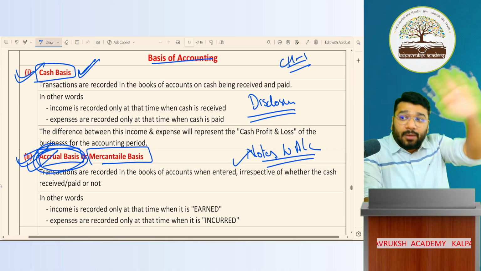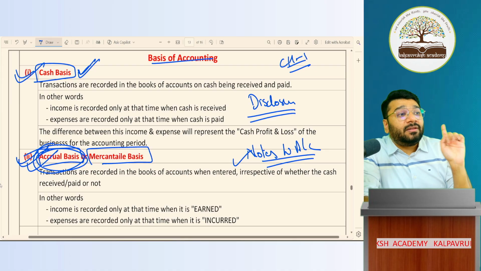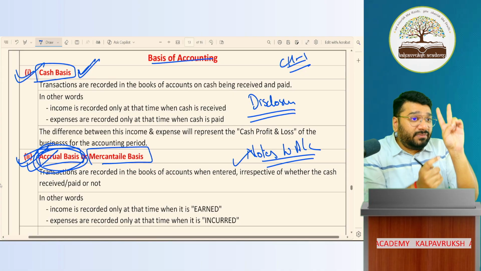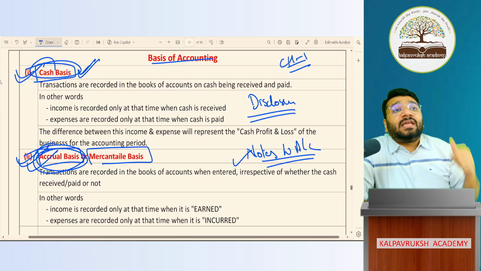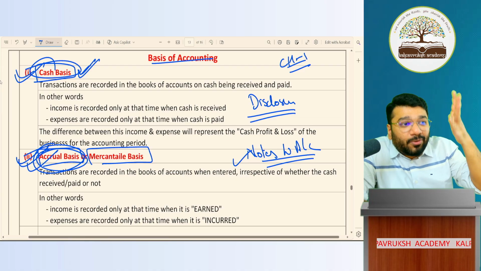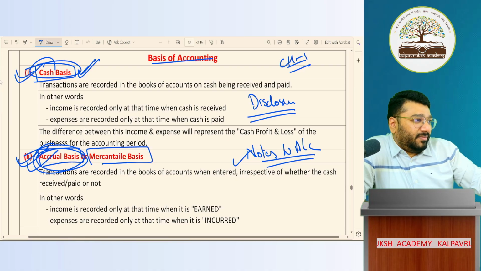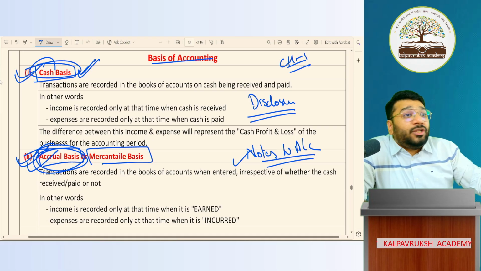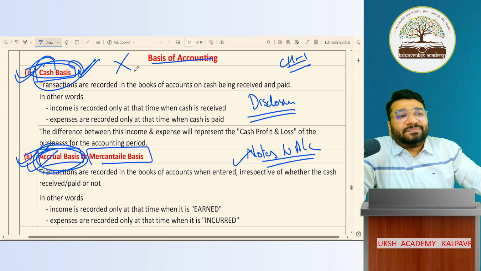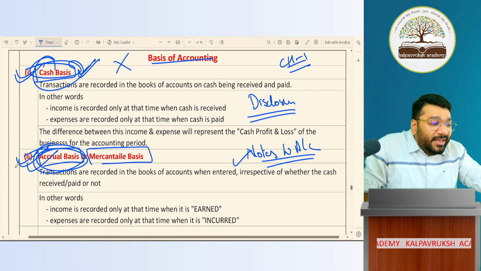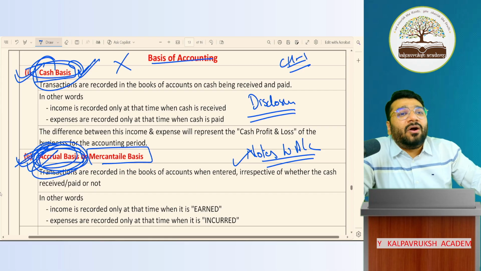For these 2 people, no compulsion. So if these 2 people, sole proprietor and partnership concern, prepare the accounts on cash basis, and you give this financial statement to the banker for a bank loan, he will not process the bank loan. If you go and give this financial statement to an investor, and ask him to invest money in your business where the accounts are prepared on cash basis, he will not give you money. Automatically, at that time what will you do? You will start following accrual basis of accounting. Got it, not got it?